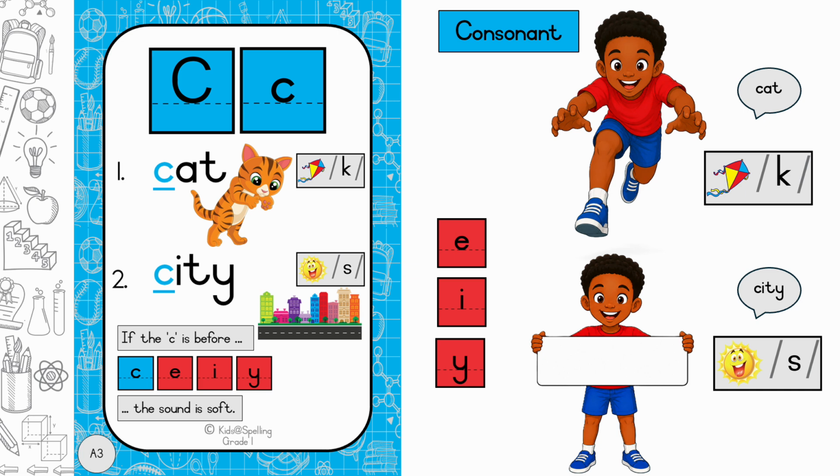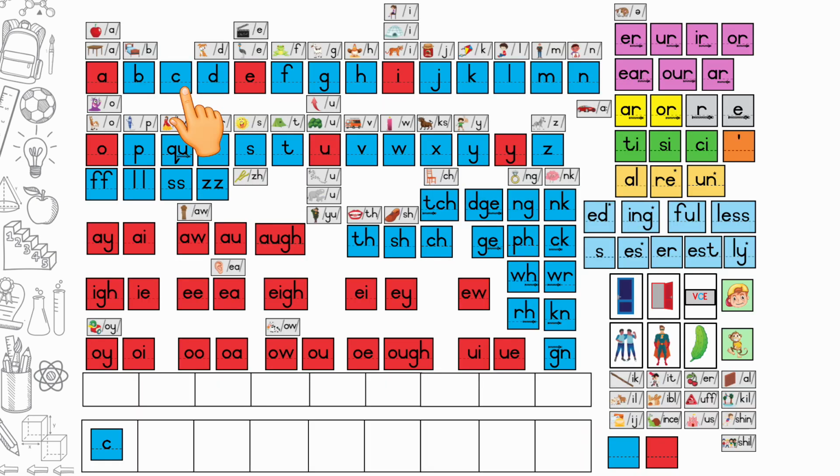And you will notice that if you understand this, reading and spelling will be easier. Let's go back to our phonics board and start building. We are dealing with the letter C this week. Put down your C at the bottom of your board. Can you see there's no sound? We just explained to you that we borrow two sounds from different letters to use for the letter C.